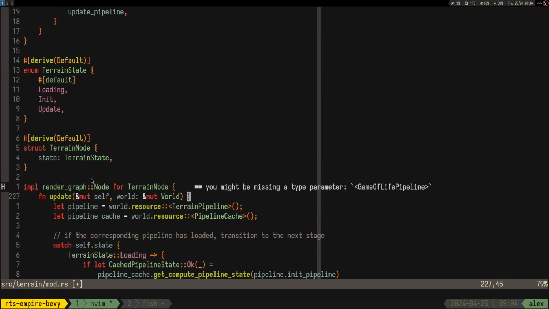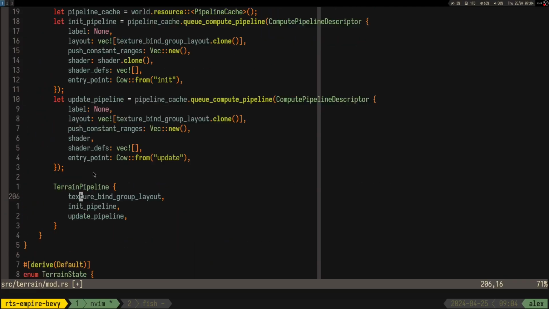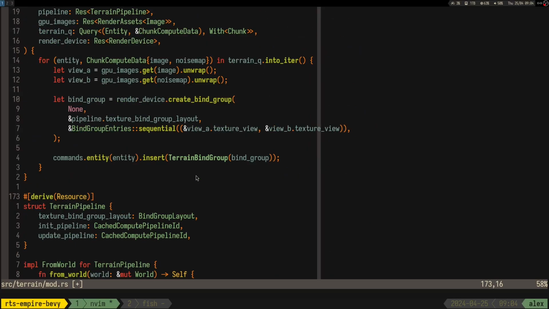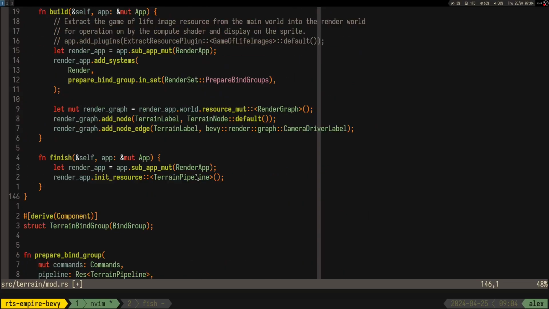The other thing is the terrain node might be able to hold a reference to an entity that is responsible for, let's say. So that means that when we create the terrain node, we can pass it an entity,